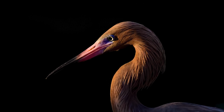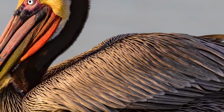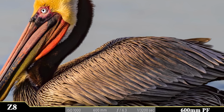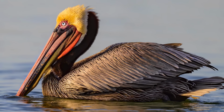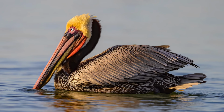But there are more birds soaking up this light. Check out this brown pelican. It actually looks like it's been painted. I have never seen one with this much color in Florida. I think this bird might be a rare migrant from the west coast of the United States. I know somewhere in California they have them and they look like this, but again, I've never seen one like